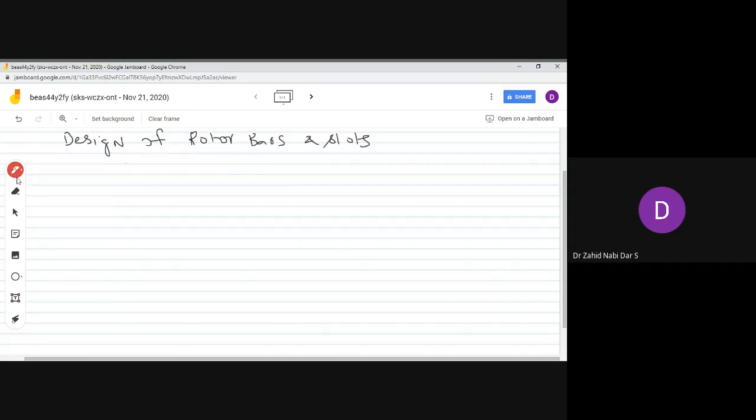The number one thing we would be interested to know is how to calculate the rotor bar current, and